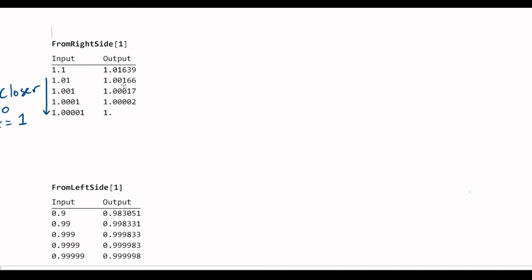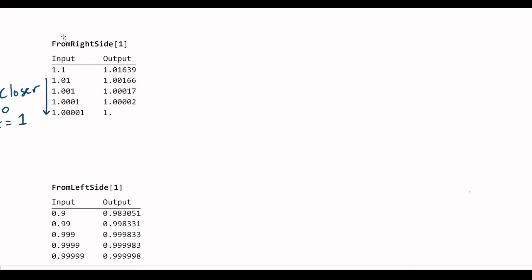A little bit bigger than 1. Ooh, closer to 1, closer to 1, closer to 1. At this point, the computer can't even tell that we're different from 1. We're so close. We're not actually at 1 yet. This is a little deceiving because the computer's rounding, but it looks, using the table, numerically, like we are actually